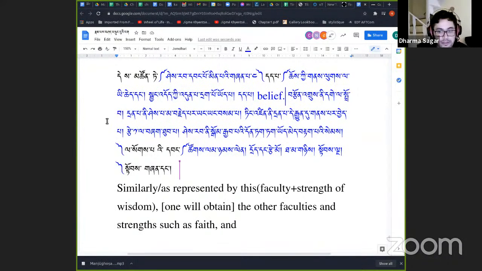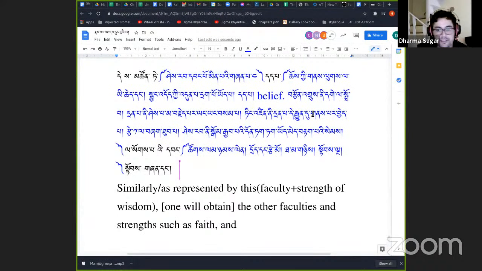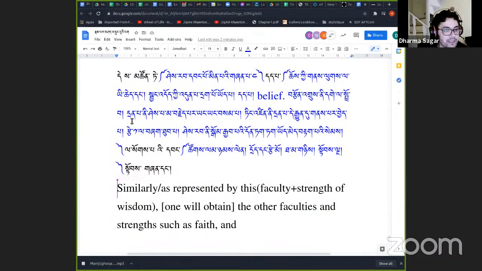And then the next one is diligence or effort. That was the one that I said, diligence, yes, okay. So diligence here is, like we all know, like Campbell was saying, the enthusiasm to do positive things, to do positive actions. So this is the definition coming from the Vajravatara. And then the next element, which is mindfulness, trempa, it is what we have already known, not forgetting it and thinking over and over again in order not to forget. So this is mindfulness in this context.